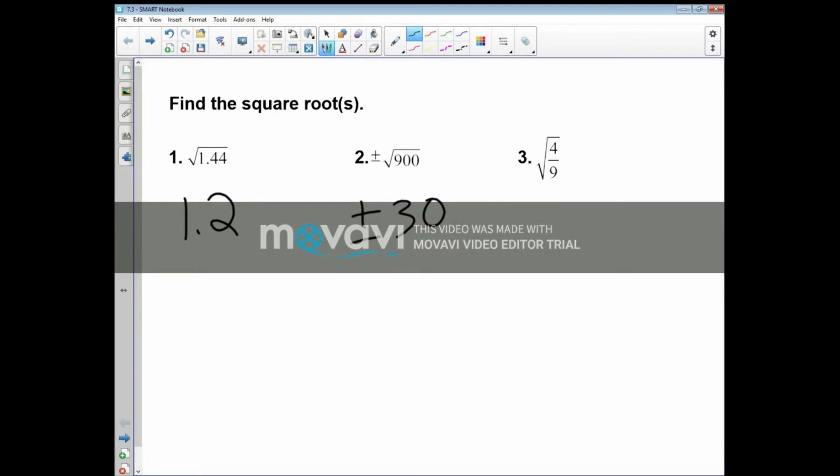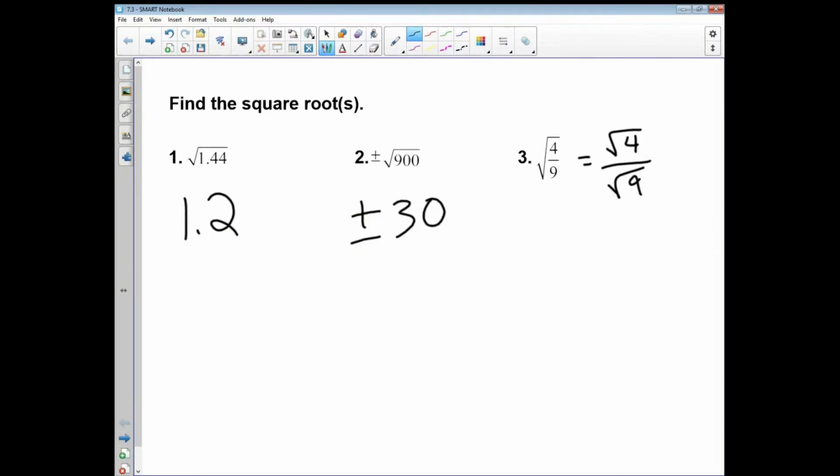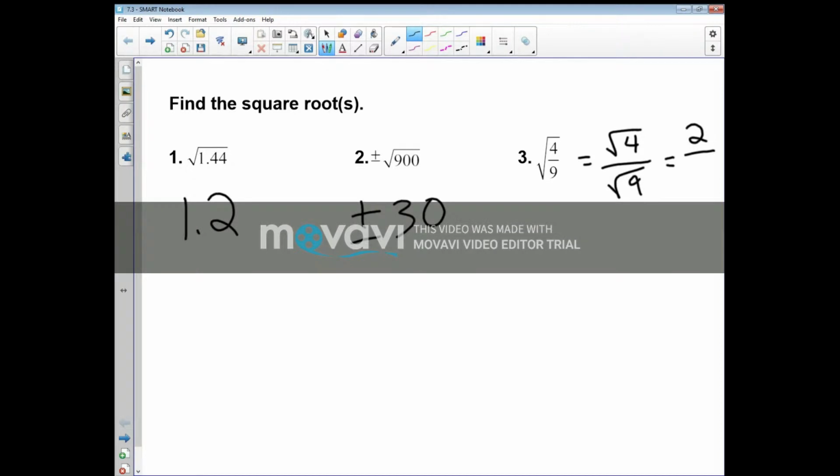And if you end up doing that, you've got the square root of 4 over the square root of 9, which equals, as you can see here, 2 over 3. Okay, so that's pretty much all you need to know